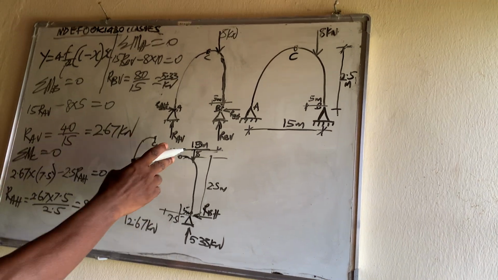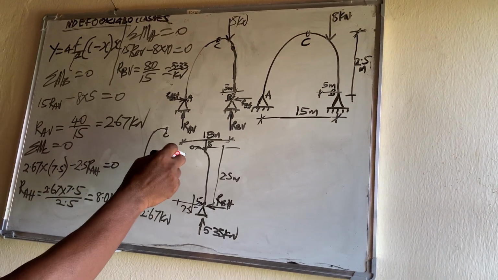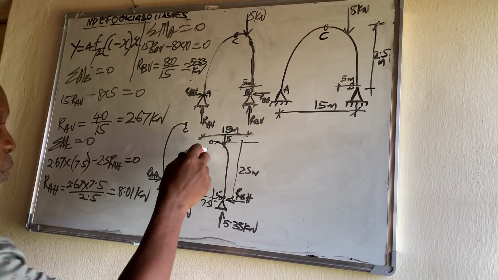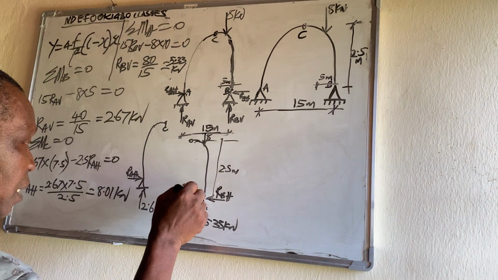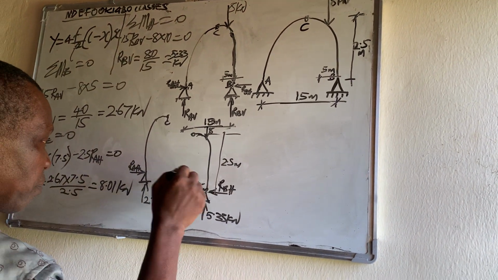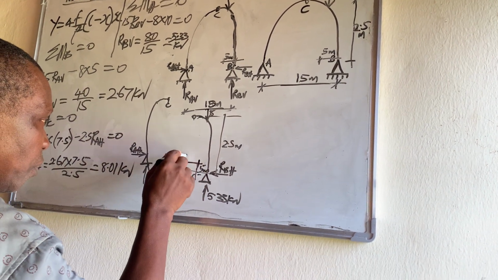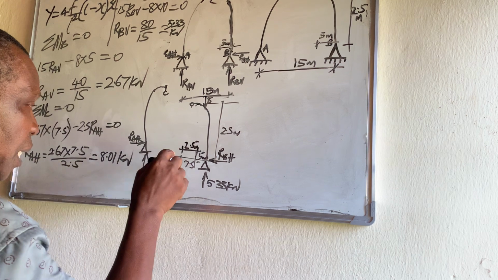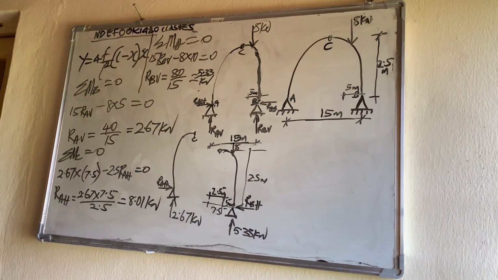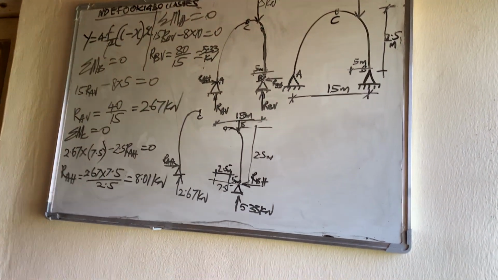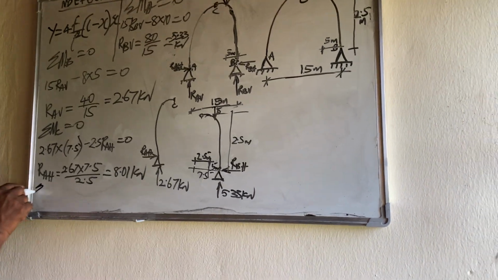The distance to the hinge is 5. So from this point, 5 to the hinge will be 2.5. That's 7.5 minus 5, that's 2.5. So if we now want to get that, we say total moment